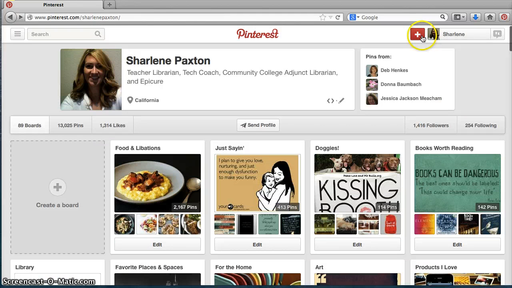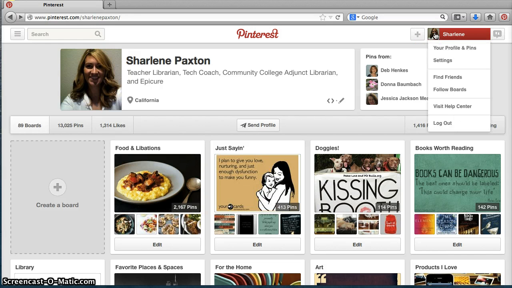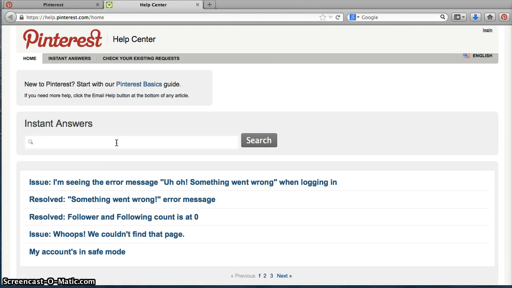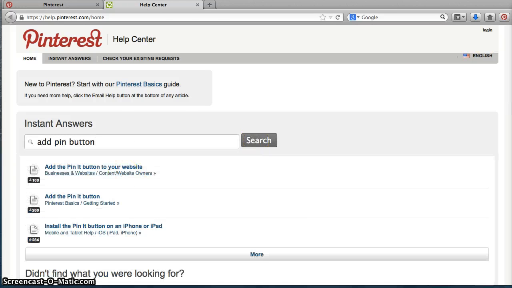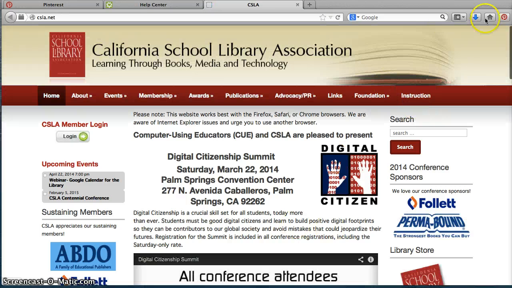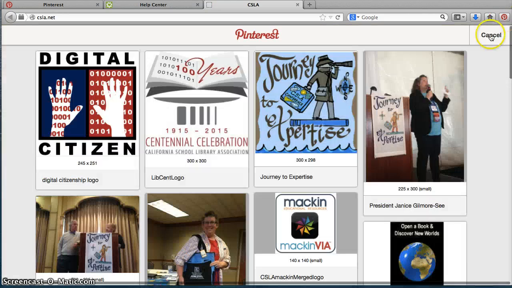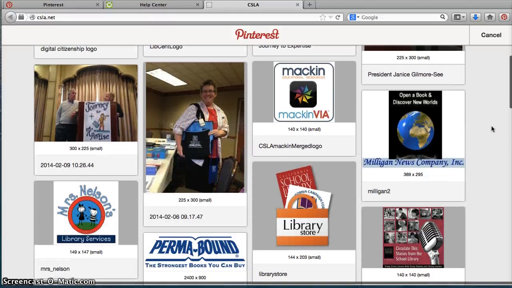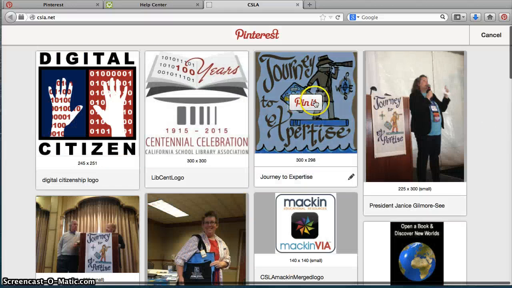You can also, under the settings area, under Visit Help Center, search for the Add Pin button, and it will give you directions and information on how to add this pin button, which allows you to pin content from a website. So if I want to go to the CSLA website and I click on the Pin It button, it will actually pull up all of the images from that website, and I can choose which images I would like to